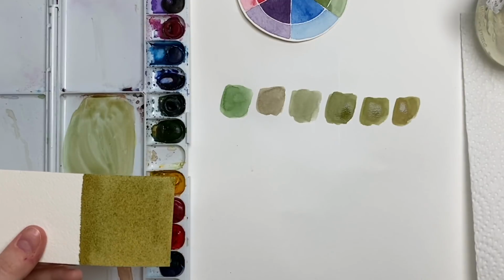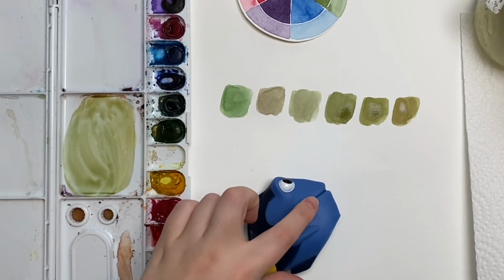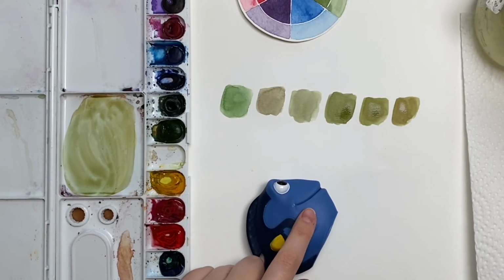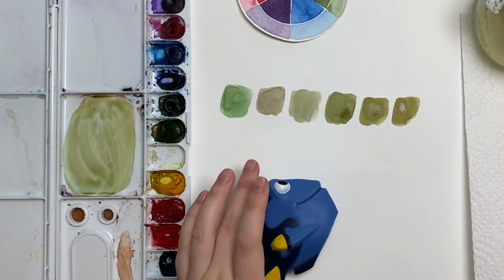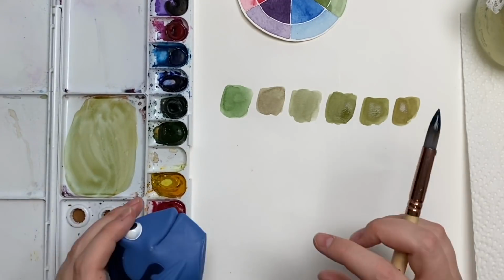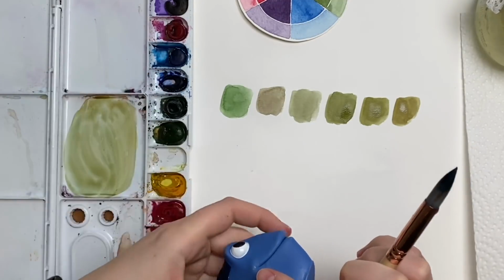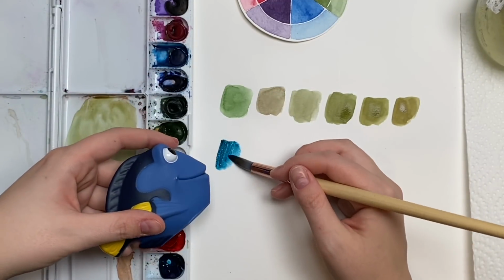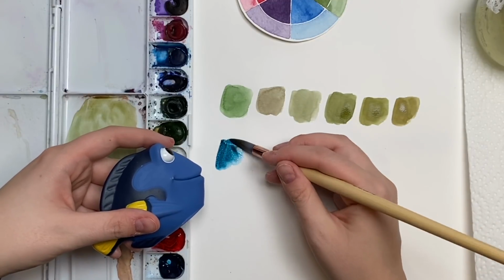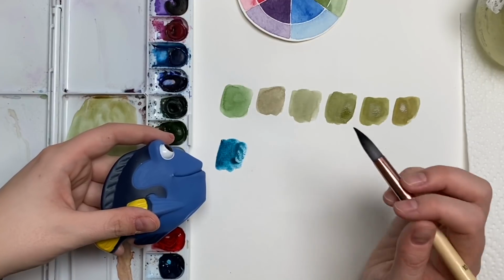All right, let's move on to Dory. And I really like this blue. So first we're gonna start with the base color, which is blue. Let's swatch our turquoise, see where we need to go from there. We actually might need to head over to our ultramarine blue, which is a warmer blue for this. So let's see if we can get there with turquoise, but I have a feeling we're gonna need a little